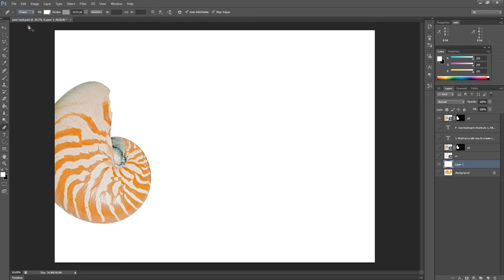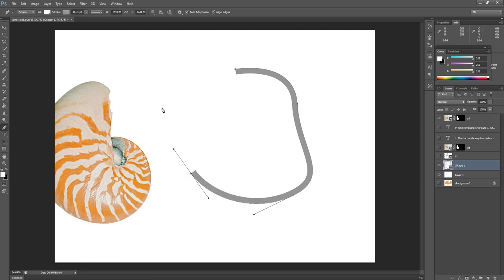While we select Shape and draw any object using the Pen Tool, we have very easy options, and this is the outline. We can also change the outline. The outline size is 14.31 pt.